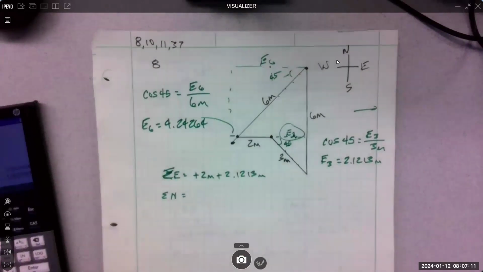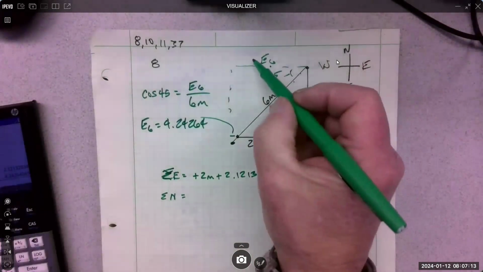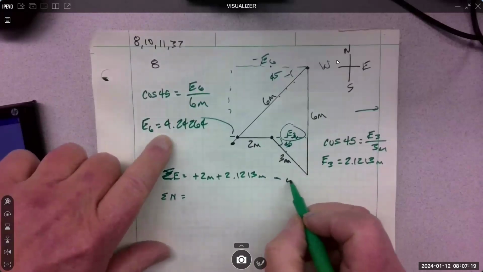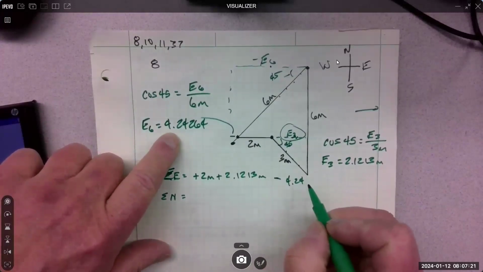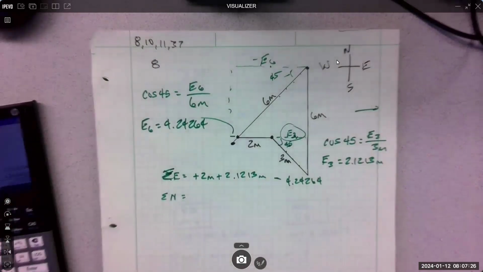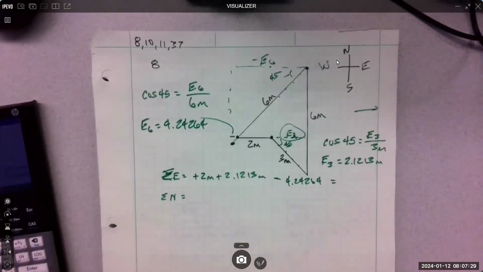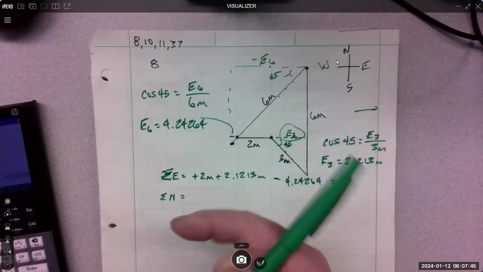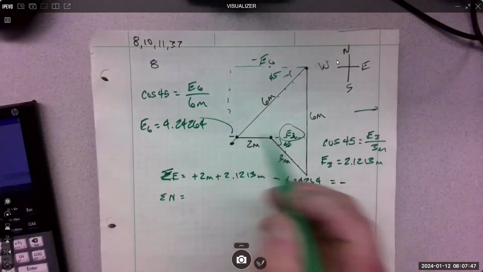4.24264. And that's going this way, negative. So I'd put that in negative 4.24264. And then that's going to equal your offset in the east, right? I'll change the sign, I'll add, and then I'll add. So I do get a negative, meaning that it is east of where she started of